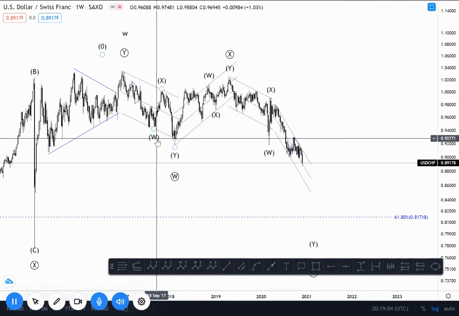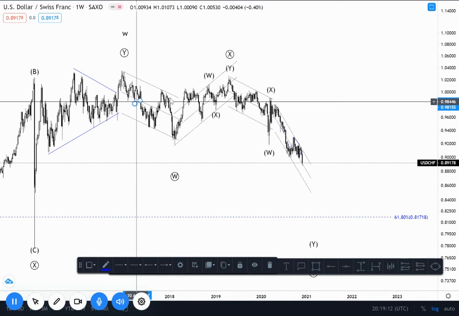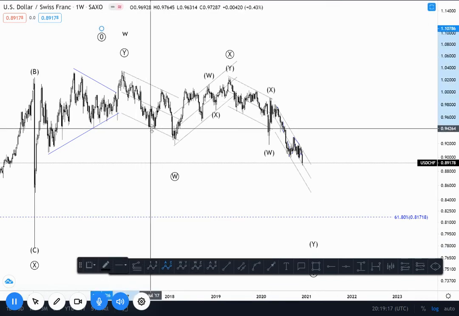So this isn't actually a WXY, right? I've actually marked this wrong. This is actually an ABC pattern, right? It's actually a clear ABC pattern as well, right? So let's just change this very quickly on the weekly perspective,